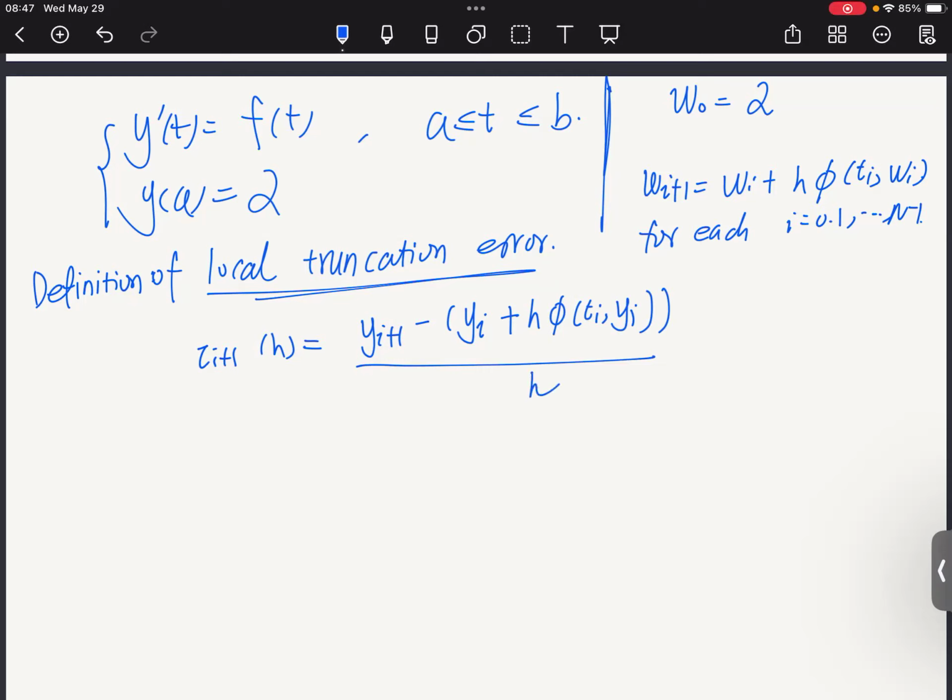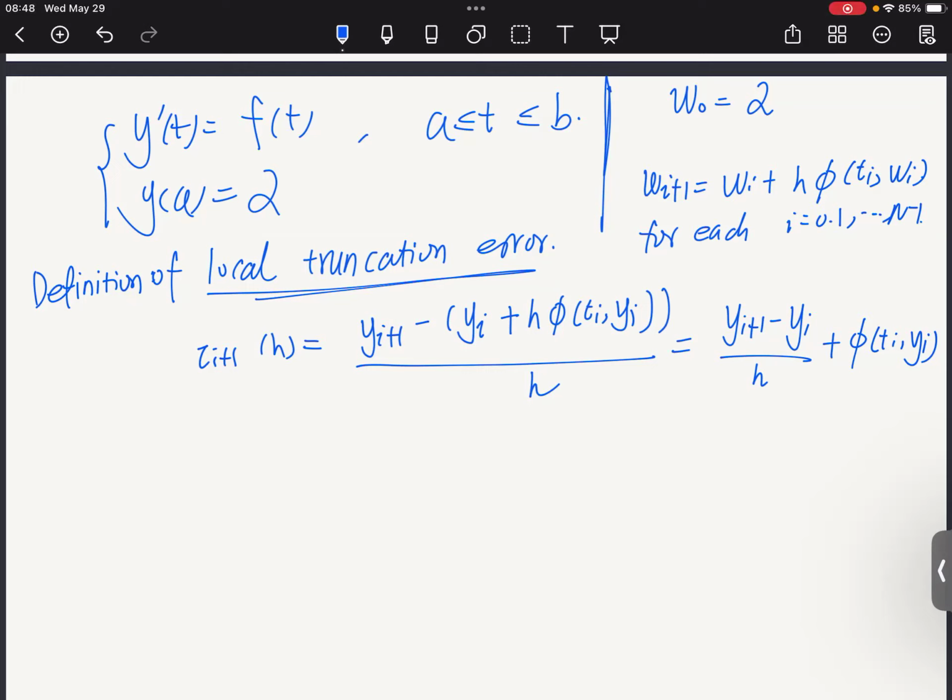So at the end of the day, you will find out that the truncation error we can write in this way: (y_(i+1) minus y_i) divided by h, minus phi of t_i, y_i. And this is the local truncation error. So this is the definition, and we are going to take a look at the local truncation error for the